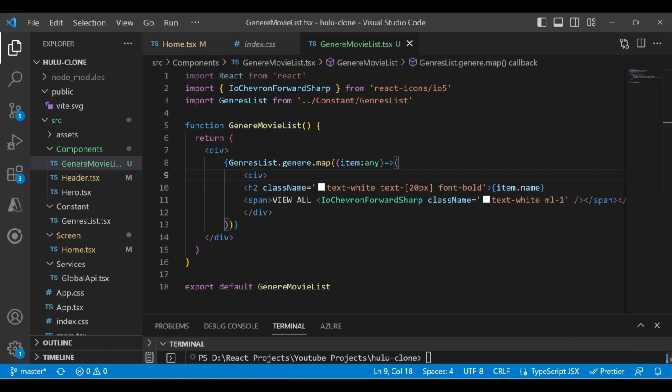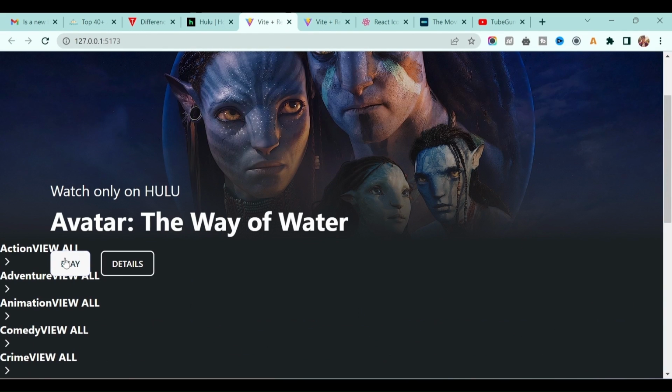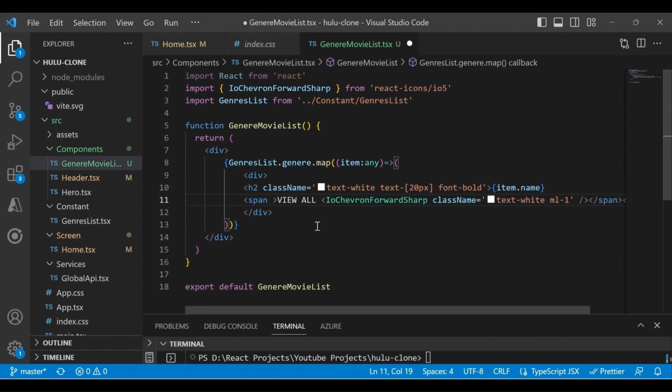If you go back to our application, it will show like this, view all. So let's give some style to this view all. I will write className, and we'll change the font first to normal, because right now it's bold.